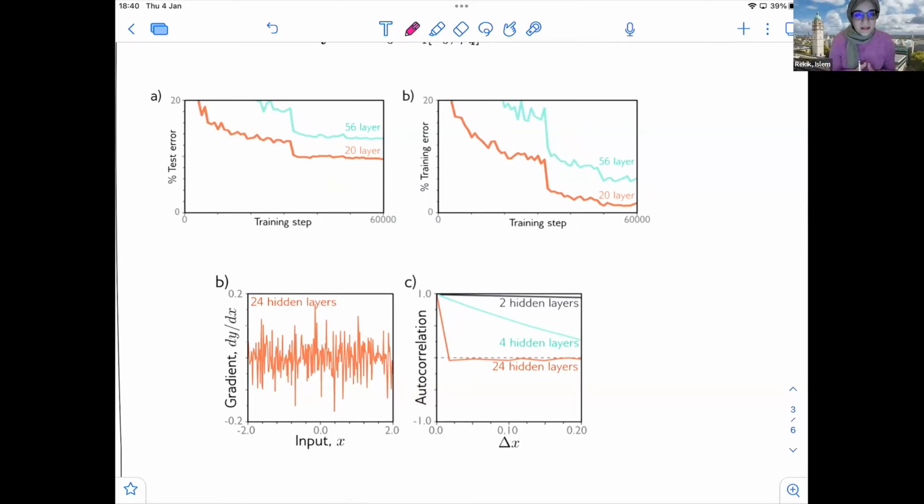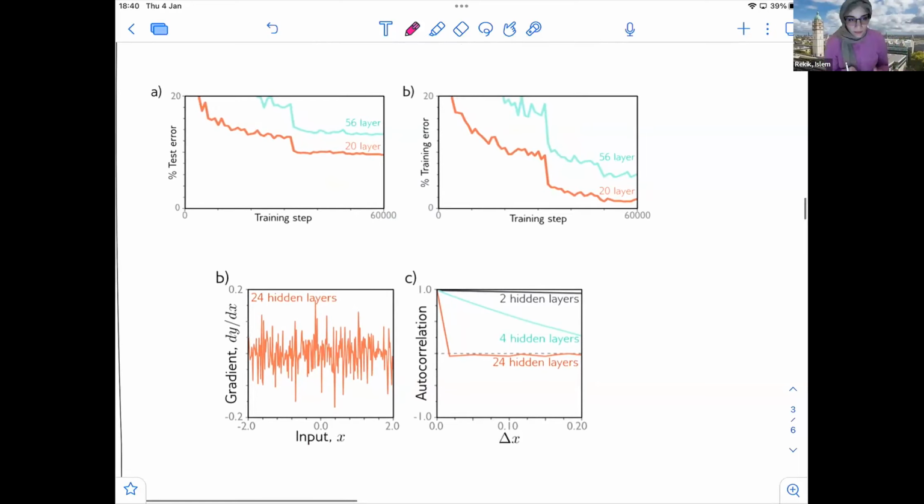The issues that we have when we want to deepen neural networks. So the first issue we have seen is that deep neural networks, like for example this one, the blue network that has 56 layers, have a worse training error, a larger error compared to the network with only 20 layers. And this also applies to the testing error.